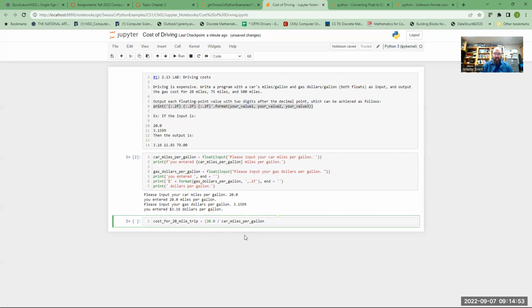And I don't think that we have to do order of operations here. And mentally, I'm not capable of thinking through whether or not it'll make a difference. But we're going to drop that inside parentheses. And that's basically going to say how many miles we're driving divided by miles per gallon. And the way that all works out is that'll end up telling us how many gallons of gas we used. So if your car gets 20 miles to the gallon and you're driving 20 miles, it's 1 gallon of gas. All right. And now we need to multiply by